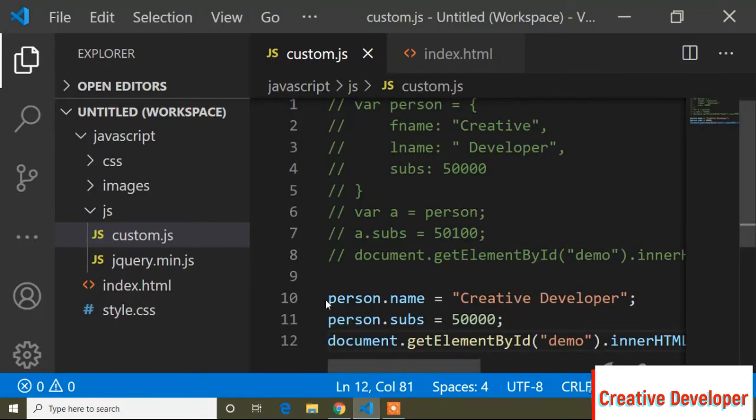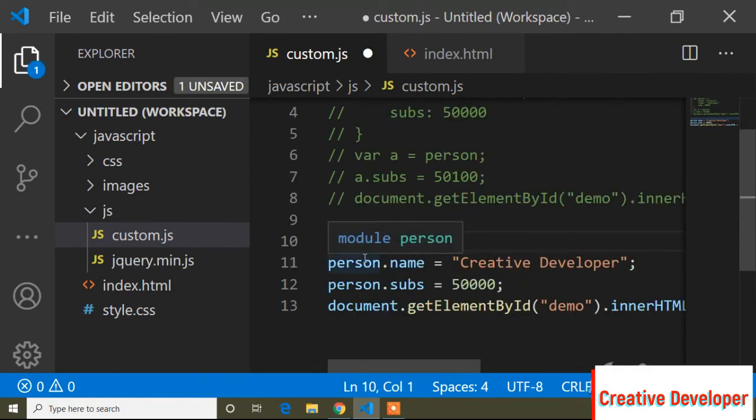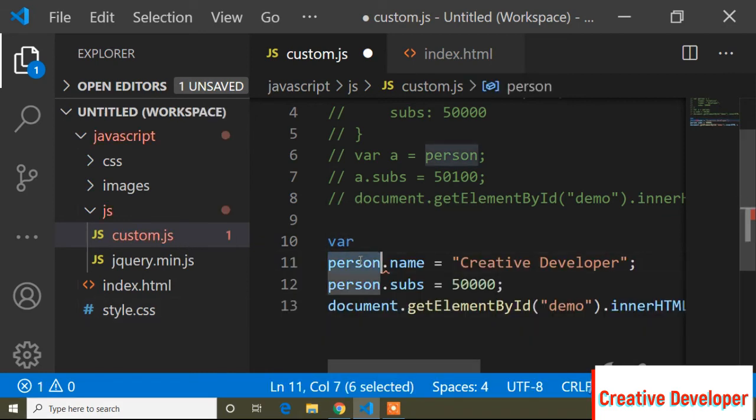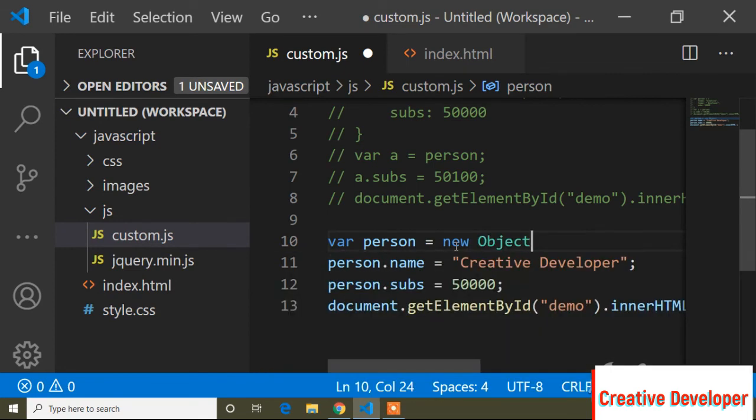it's showing nothing because I declared the object first, but I didn't make it understand that it's an object. So for that, I have to write, where this person variable is actually an object. So here I will use the keyword new and Object and parenthesis.